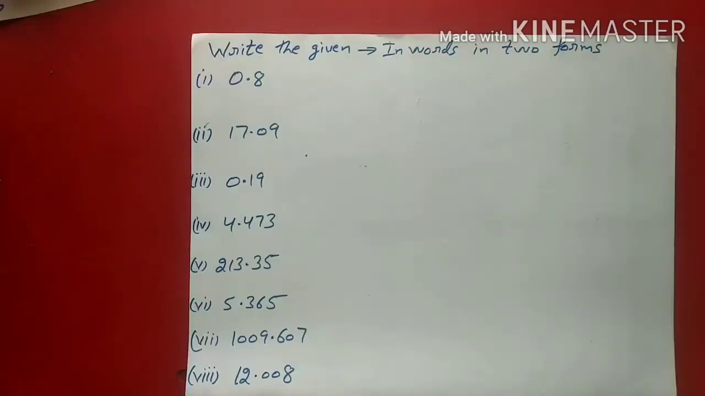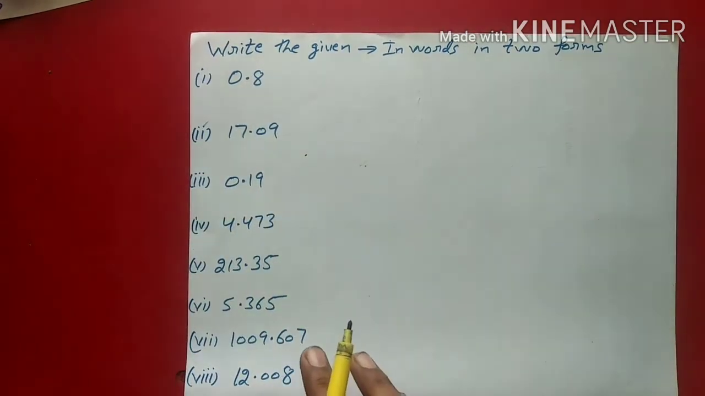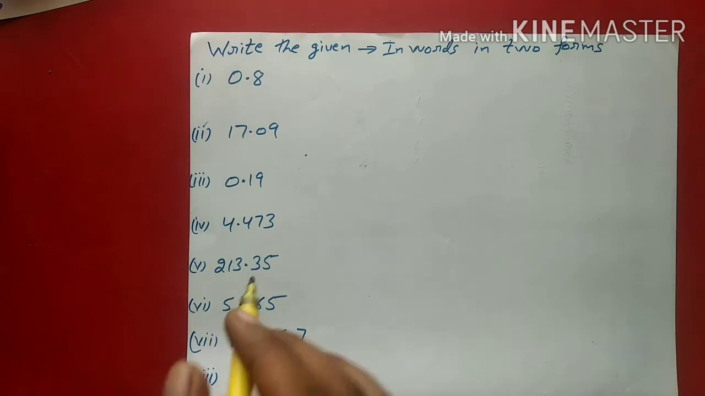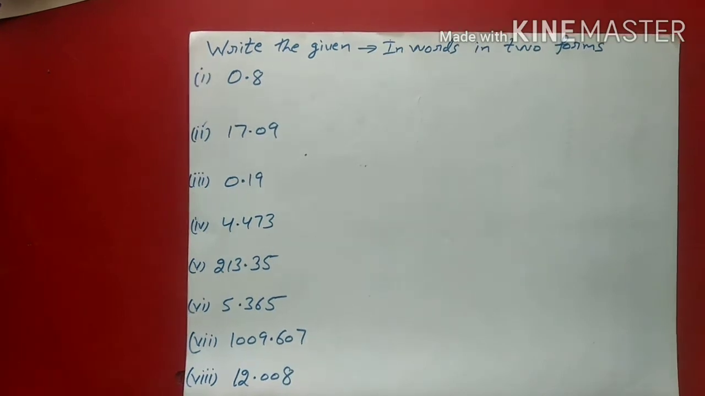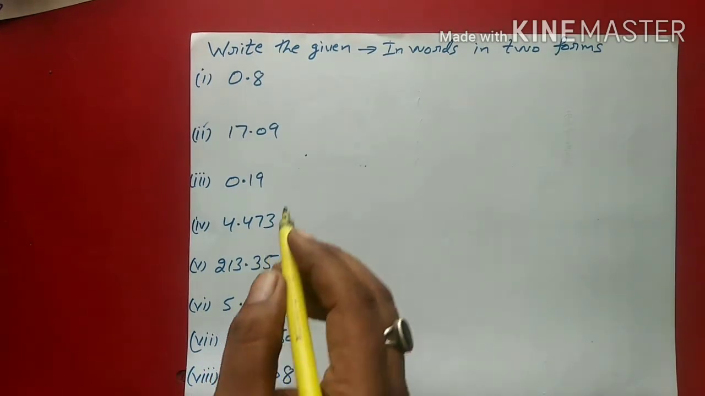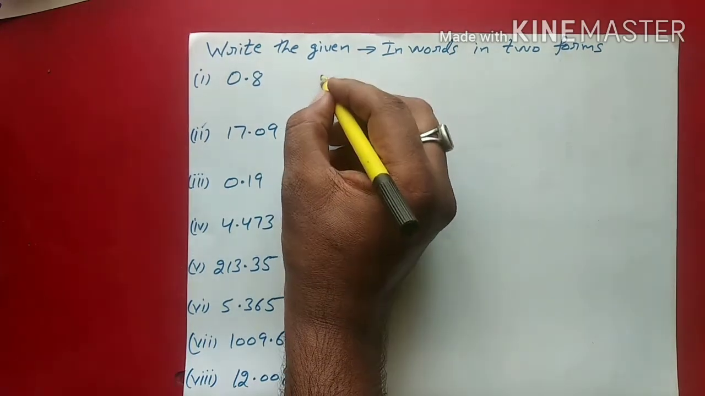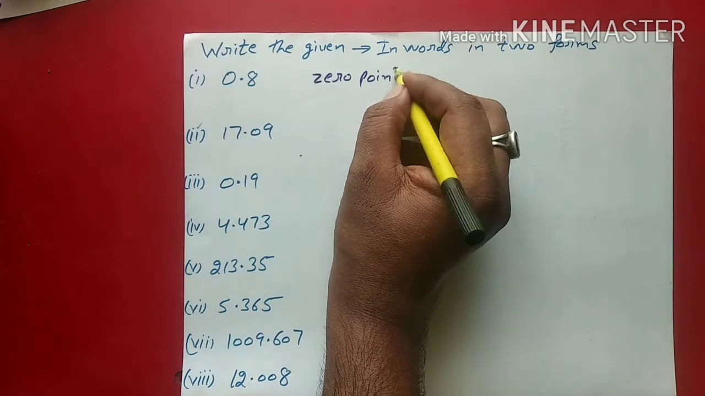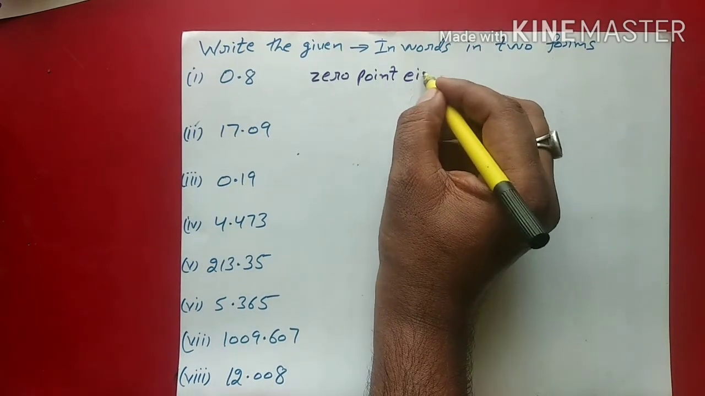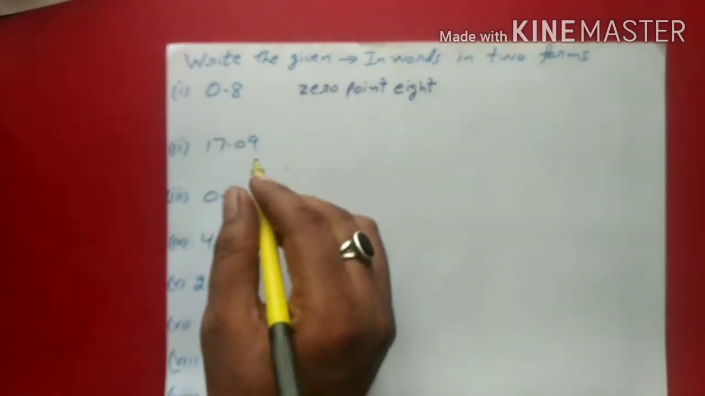Dear student, in this video we have to write the given decimal number in words and also in two ways. So let us start. Firstly I will write the first way and after that the second way. This is 0.8. Okay student, now the second one is